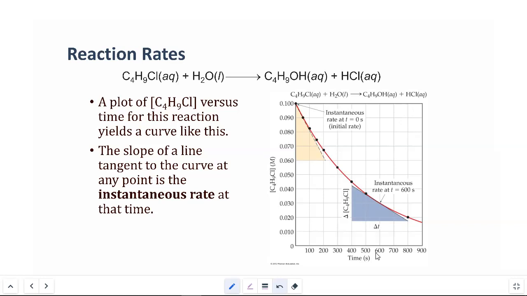Problem is, sometimes that is not what our reaction actually looks like. So let's say that we are monitoring the reaction between this butyl chloride and water to make butanol and hydrochloric acid. Well, we can see that